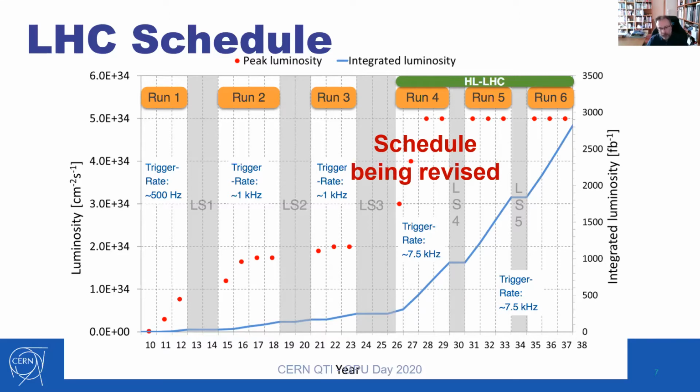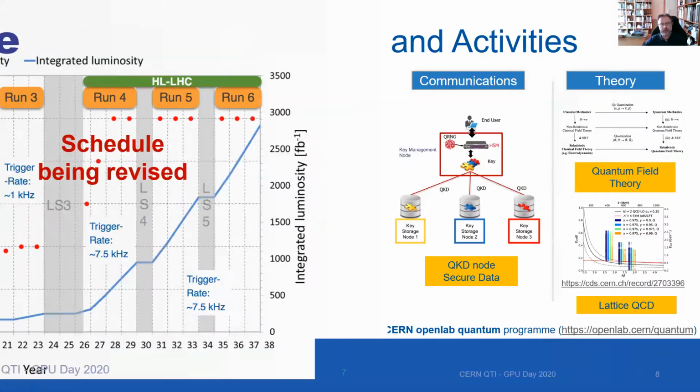So our investigation in quantum computing and quantum technologies in general fits into this context. It's about looking at what technologies are coming up that could support and accelerate the computing aspects of the physics research in the next 5, 10, 15, 20 years. And of course, in this context, we have started looking a bit more in detail into quantum computing, which has seen a very rapid acceleration in the past few years.